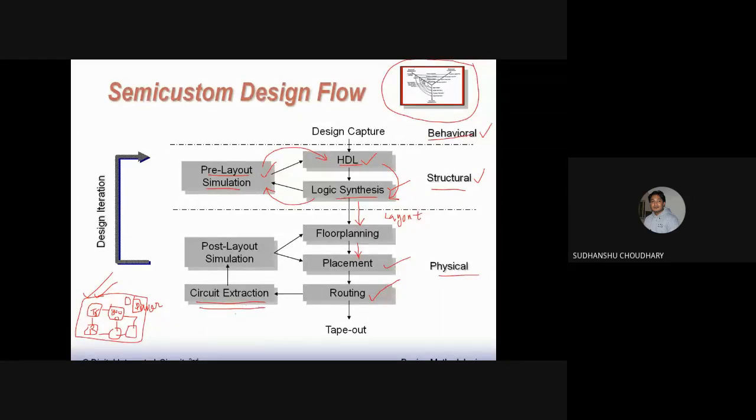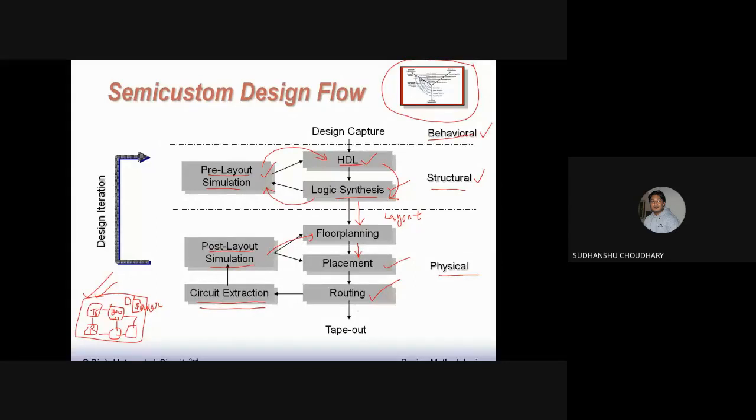And then after extracting the parasitics, I'll again perform a simulation, what we call post layout simulation, that is, including these parasitics which we had extracted. So we again perform the simulation, SPICE simulation. And if anything is not correct, that is, if there are some timing violations here, then again one has to check the floor planning and placement. Okay. And then one has to again do the routing, and then again extract the parasitics. Again one has to do the post layout simulation. Okay. And if there are again violations, again do floor planning.